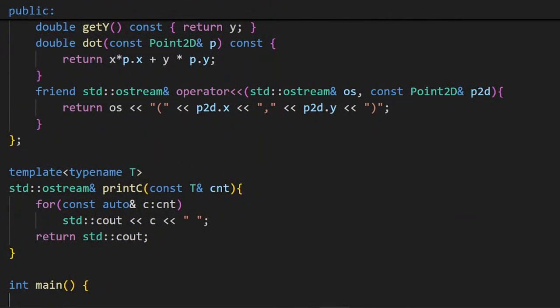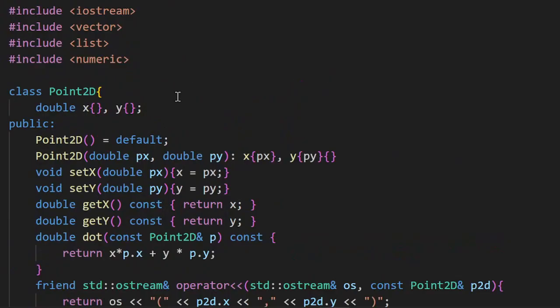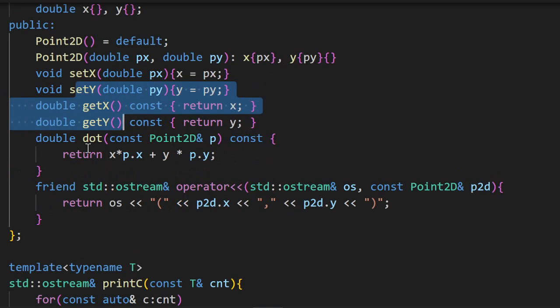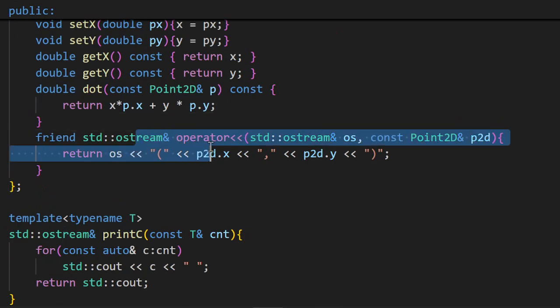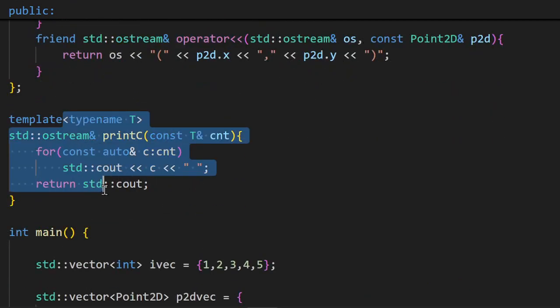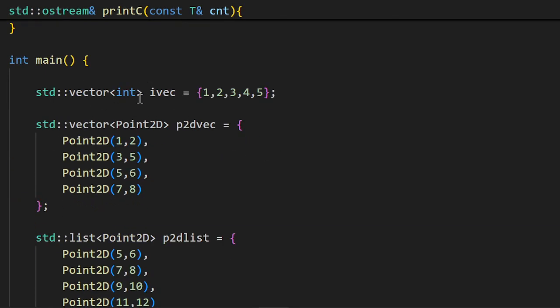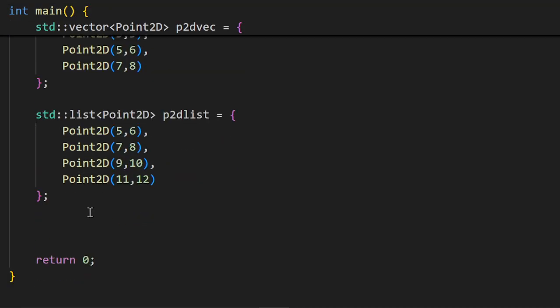As in the previous case, I have this code to begin with. I have this point type with attributes x and y, a default custom constructor, setter and getter functions, and dot product. This is a function for displaying the data, and this is a function for receiving a container and displaying the data belonging to its objects, separated by a space. And we have a few containers already created. So with this, I actually want to demonstrate the use of